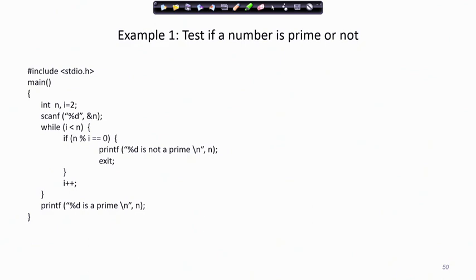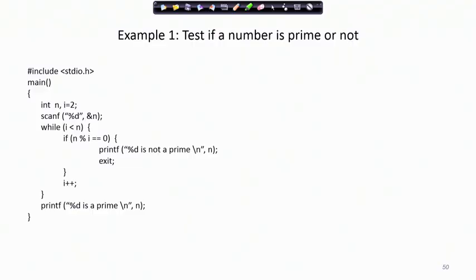So, in the last lecture we have seen how we can write a program to find out whether a number is prime or not. Now, this program that we had discussed in the last class will certainly give us the correct result. But our job is not only to write a correct program, it is also very stimulating intellectually to think of how we can make it a more efficient program.